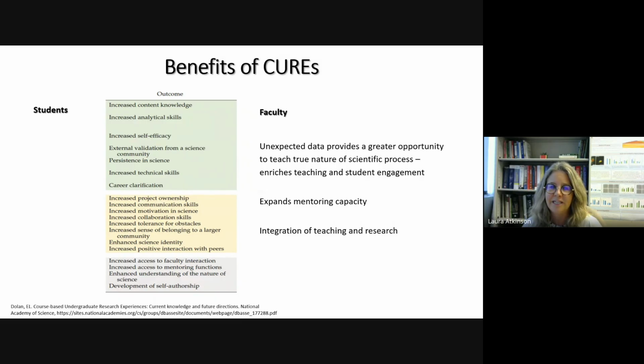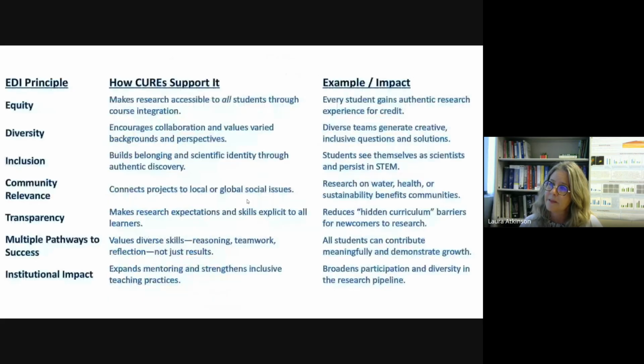It expands my mentoring capacity. If I'm undertaking independent projects or honors students, I can take maybe 2 a semester. If I run a course of a CURE, I can have 14 students in that one semester. It also allows the integration of teaching and research. If we think about EDI principles, CUREs actually